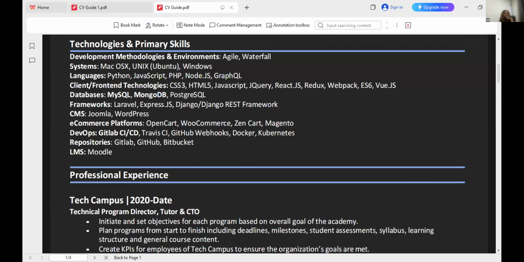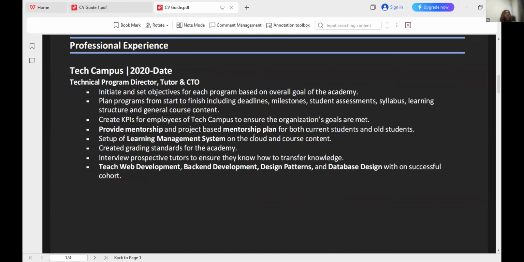So even a recruiter that is not very experienced with these technologies or that doesn't really understand all of these technologies will still be able to look at this and understand what he is talking about. Let's go down to his professional experience. Professional experience is still the same thing as your work experience. You can see the same thing here, where he worked, the dates.